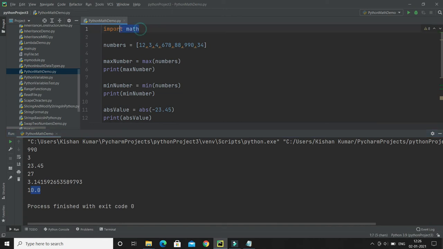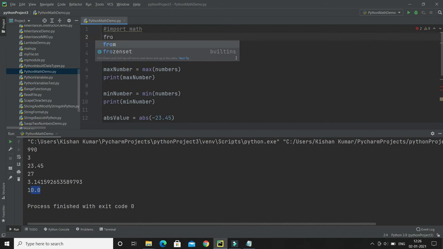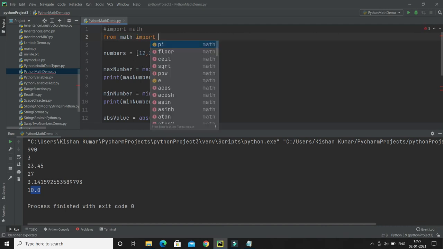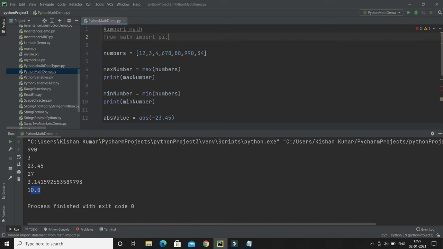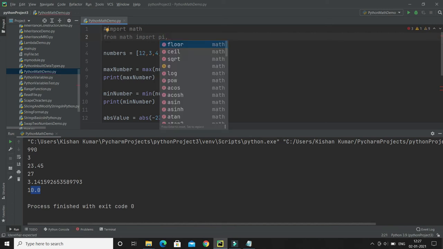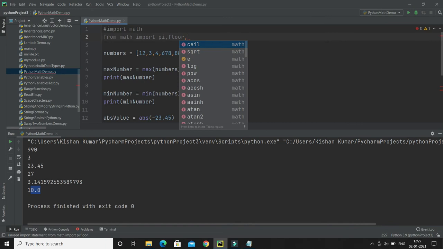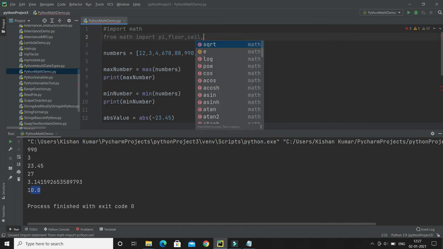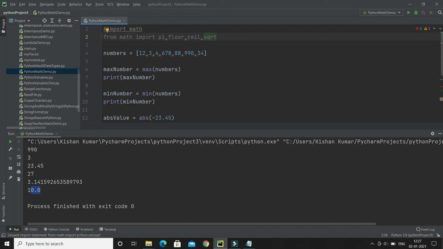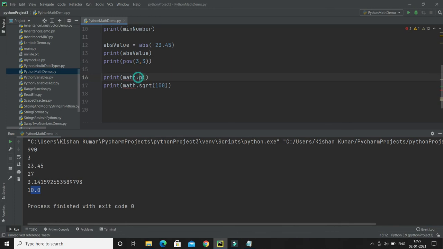let me tell you this import you can do in a couple of ways. First and the very simple way is to import and then the module name. Apart from that, you can have a different format to import as well, like from, and then the module name, and then you write the import keyword, and after that, let's say I would like to use pi, then I will give pi, comma. I would like to use the floor function, the ceil function, and sqrt, then you can import something like that. Whatever you have imported, you can directly use. Now you don't need to use the module name, right?